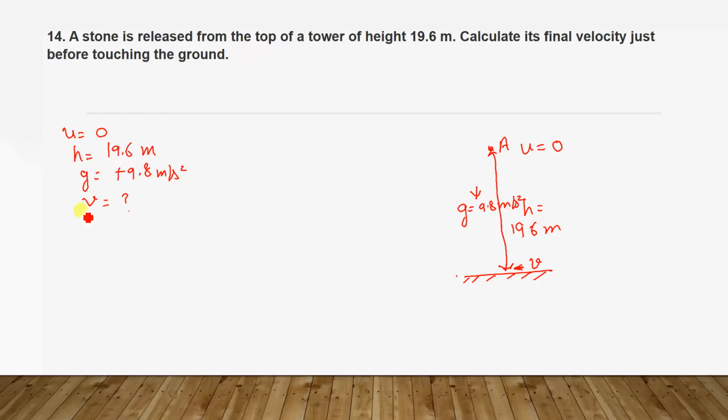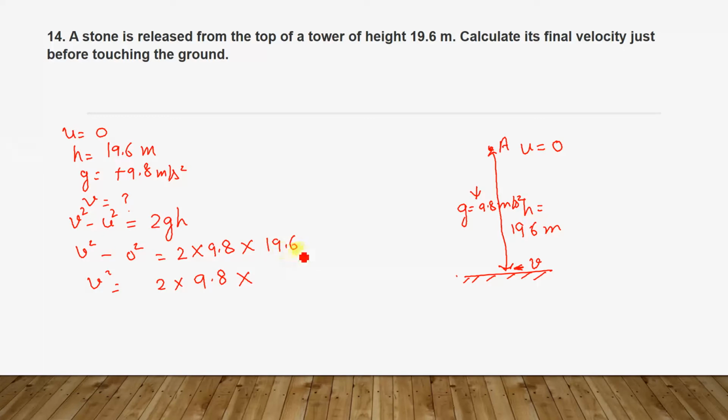Here time is not there, so without time, that equation we are going to select. So which is that? Yes, v square minus u square is equal to 2gh, the third equation, and we are to calculate the final velocity. Let's substitute the values. V square, u is 0, so 0 square, plus 2, and we'll take g as 9.8, and height is 19.6. So v square comes out to be 2 multiply 9.8 into, students, look carefully here,